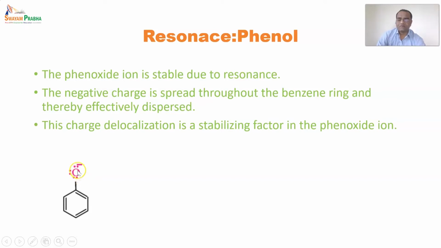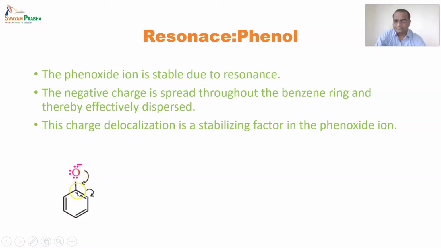So here you can see that oxygen had only two lone pairs of electrons, and now there is one more additional lone pair of electrons carrying a negative charge. So it indicates that oxygen is having excess electrons. Now the lone pair of electrons will be delocalized, and it will form a double bond between